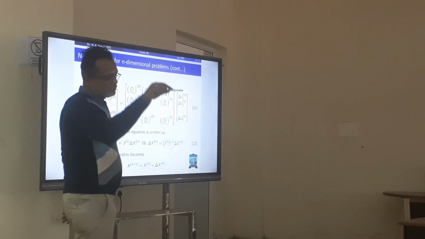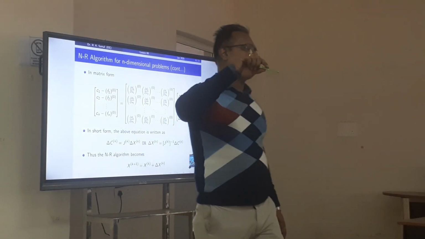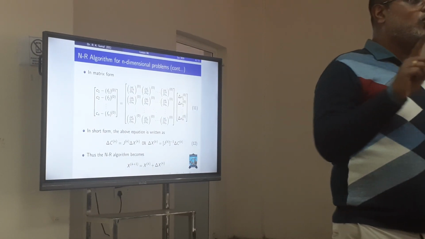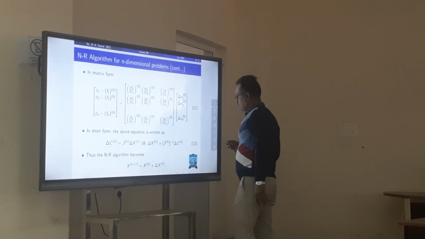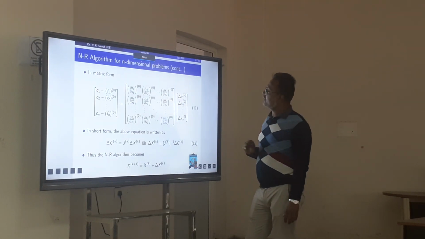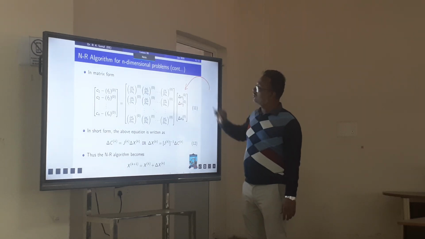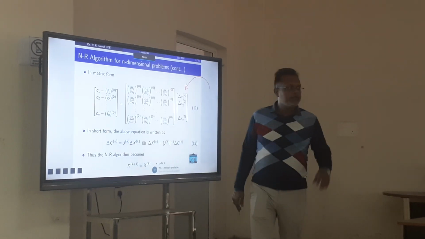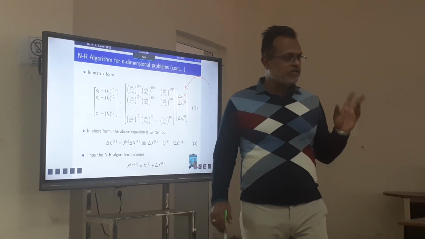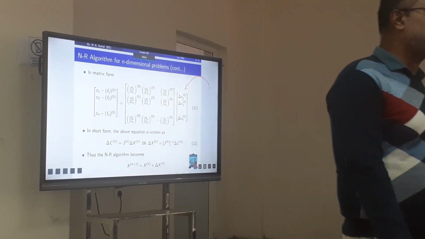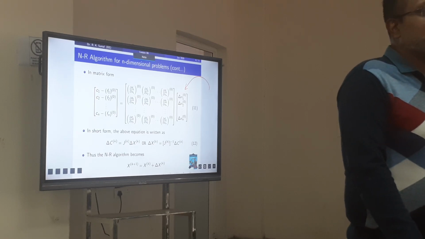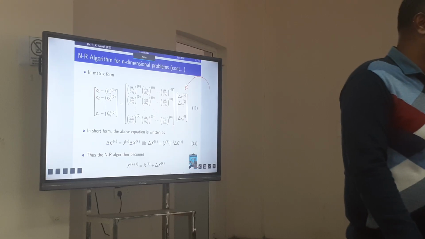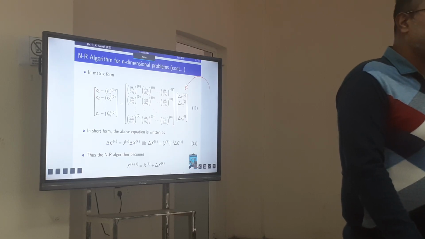Now write this. Expanding the Taylor series and neglecting higher order terms, we get this equation. You won't get any question to solve problems in the Newton-Raphson method. Remember that. Only the questions that will be asked are given at the end of your problem set. Okay. Theoretical question like give a flow chart of the Newton-Raphson method for power flow solution. Okay. Nobody will ask you the problem